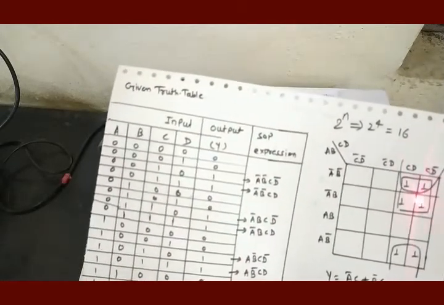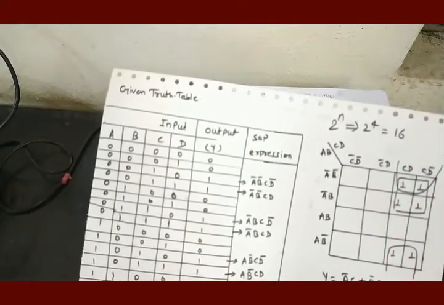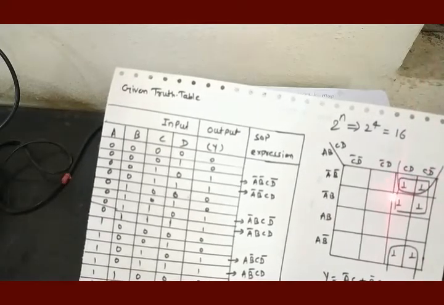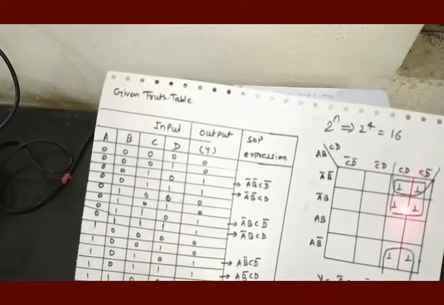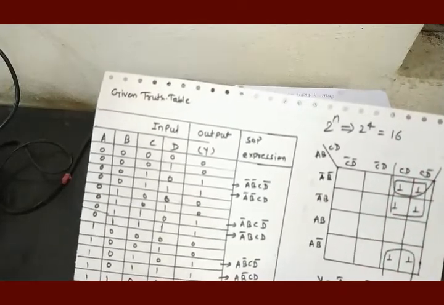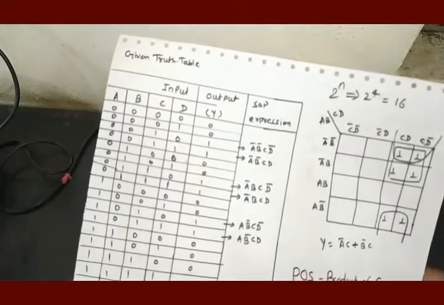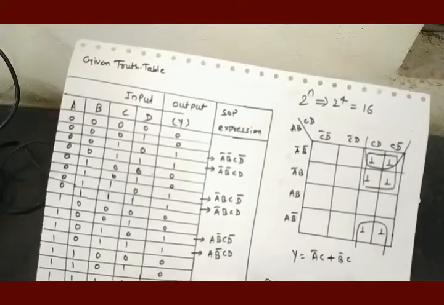These fundamental products in the form of 1 are inserted here. These 4 form a square. This is a group of 4. So let me enclose this in a square. This will form a quad. And whenever a quad is formed, 2 variables and their complements will go away, will get deleted automatically.